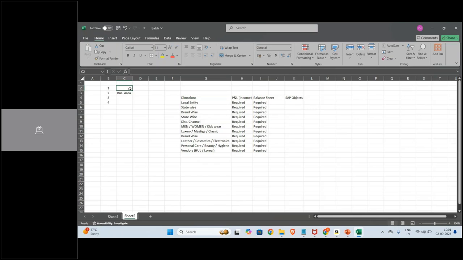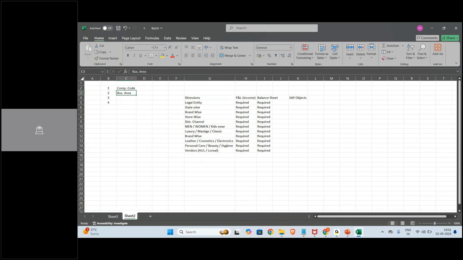You can easily tell the fundamental thing which gives us balance sheet. Shall I say company code? Yeah, company code. So company code wise, business area is the highest hierarchy, right? Company code I can get here, business area I can get. What else? Segment wise. Very good. Segment wise.